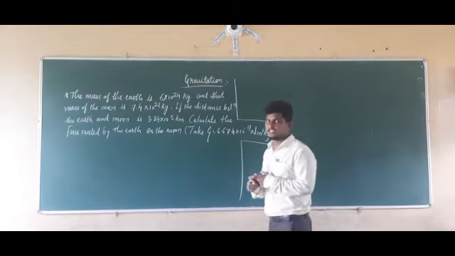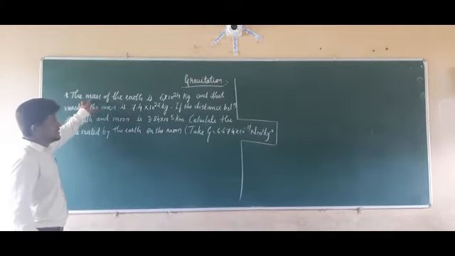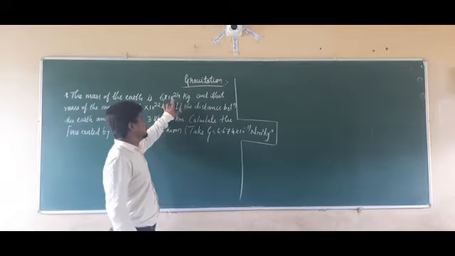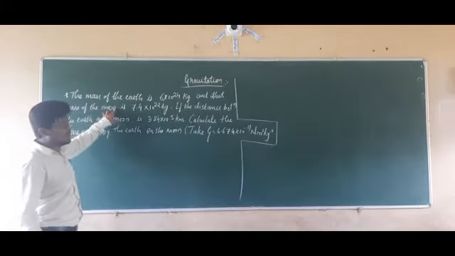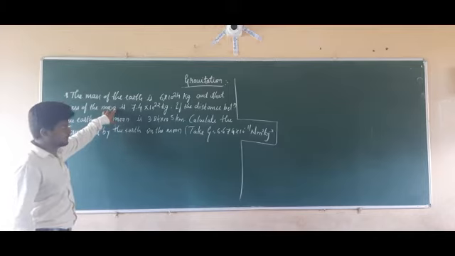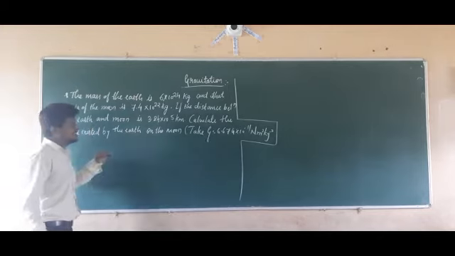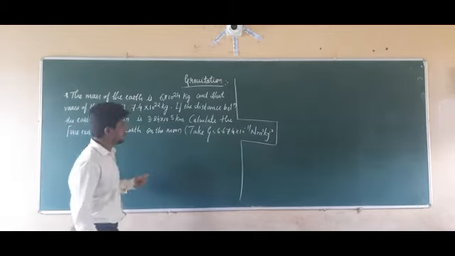Here is a question given in your textbook: the mass of the earth is 6 into 10 raised to 24 kg, and the mass of the moon is 7.4 into 10 raised to 22 kg. If the distance between the earth and the moon is 3.84 into 10 raised to 5 kilometers,